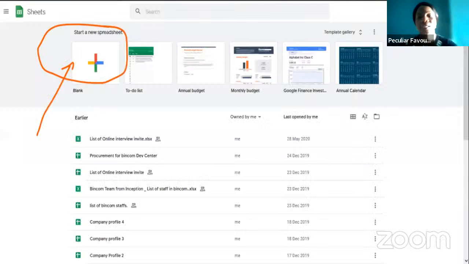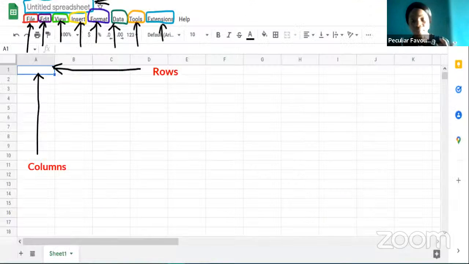So these are steps to create a Google Sheet. You open your Google Sheet, you click on blank, you have file, you have edit, you have view, you have insert, you have format, data to extension. Then you can see the sheet comes in rows and columns. In these rows and columns, you're able to put in